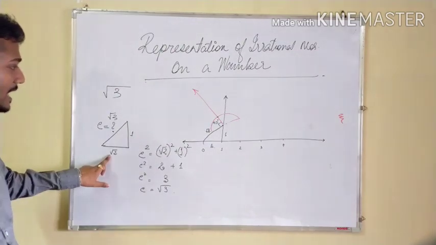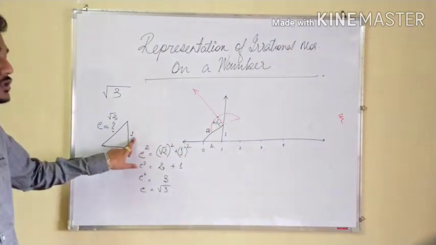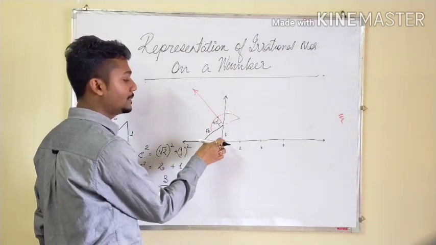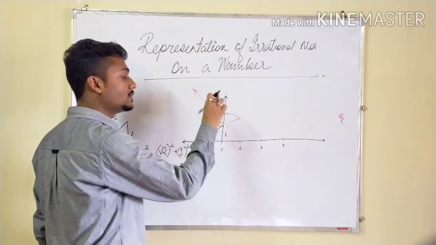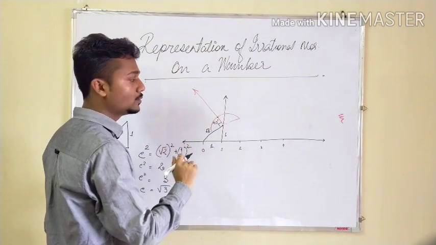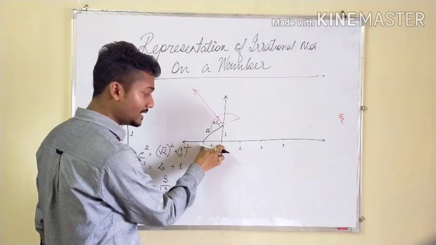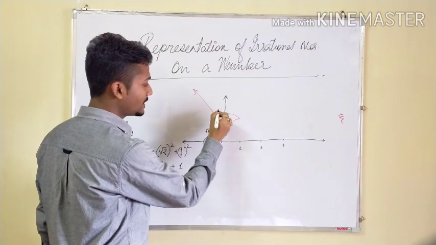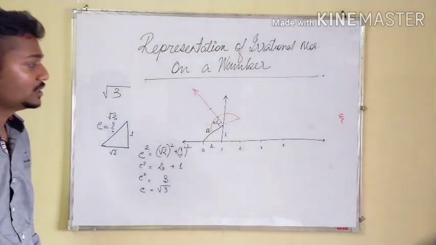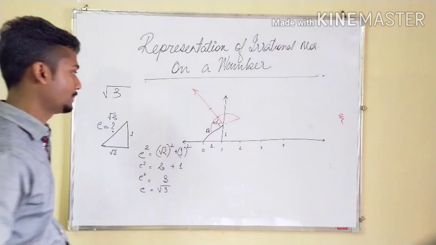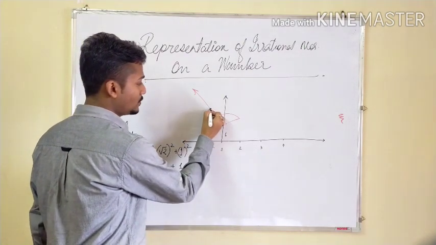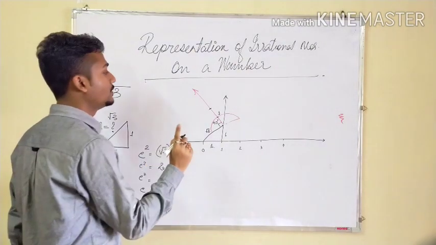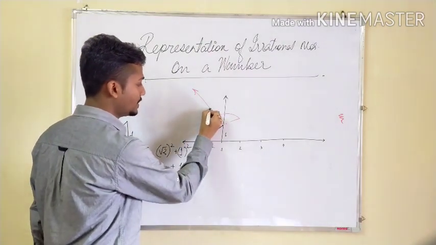Okay. Root 2 I have got. I want how much? 1 unit. Same measurement, don't forget. If you are taking 1 centimeter here, you have to take 1 centimeter only. You can't take 2 centimeter. If you are taking 2 centimeter here, you will take 2 centimeter. Is that clear? Say for example 1 centimeter is here. You will take it with the help of a scale. Don't forget, again and again I am mentioning. Join them.